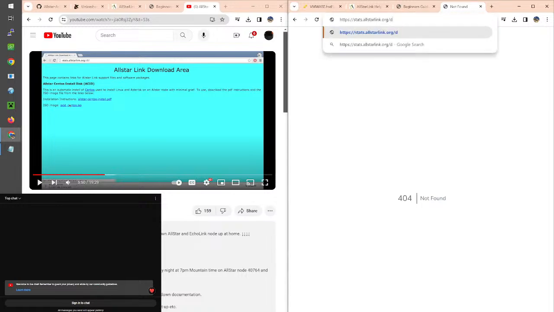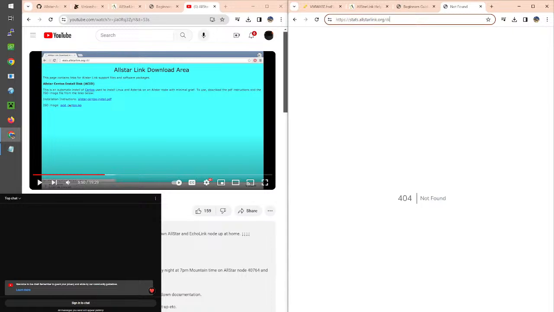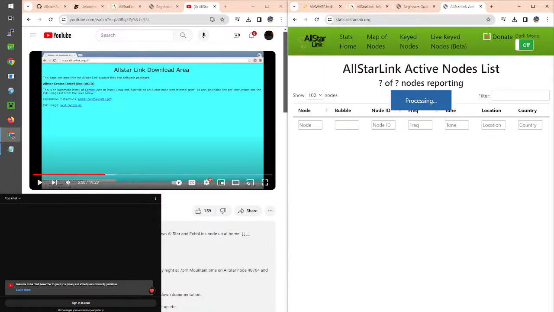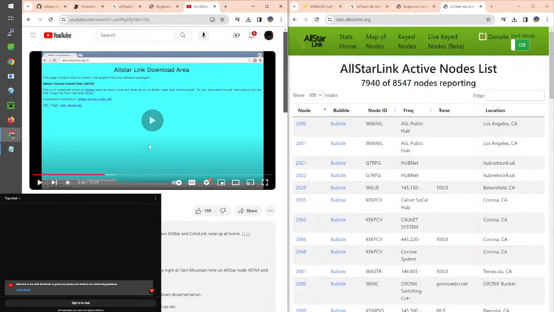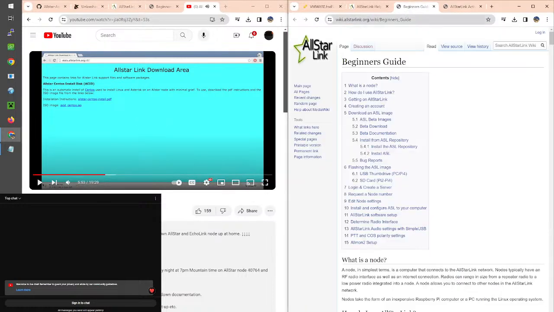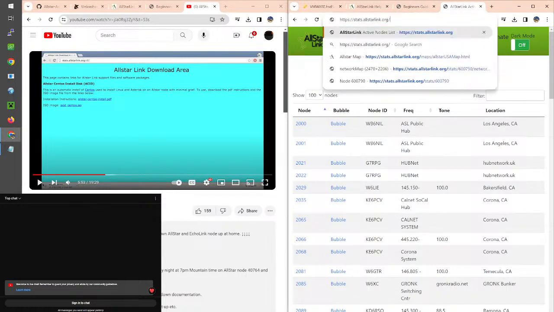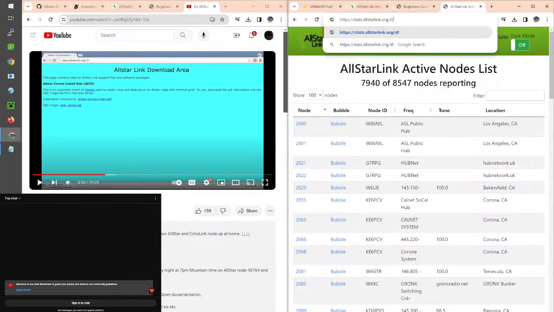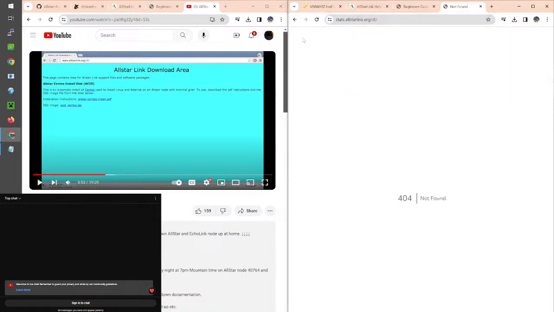DL. D cap, lowercase I. Okay. That's allstarlink.org/DL. Wow, shocking. And download the